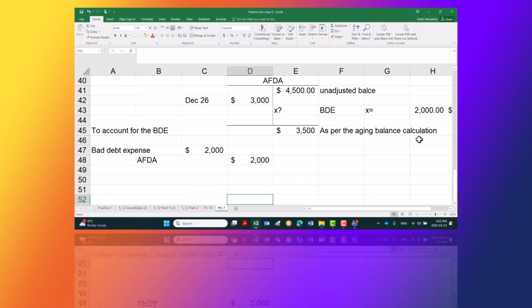So, given data, $4,500, we started the period with this, and then the transaction of 26 ended with a debit on this account, and then the X amount is your bad debt expense, so that you find the ending balance, because all of this is going to be presented this way on the balance sheet, on the SFP, on the statement of financial position,